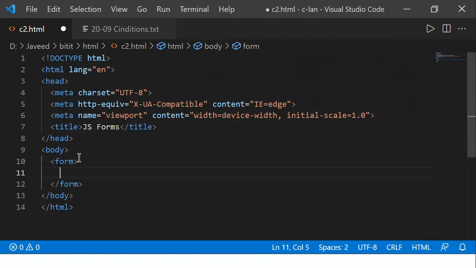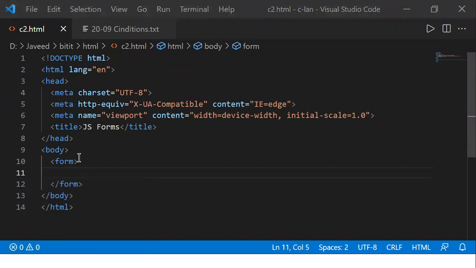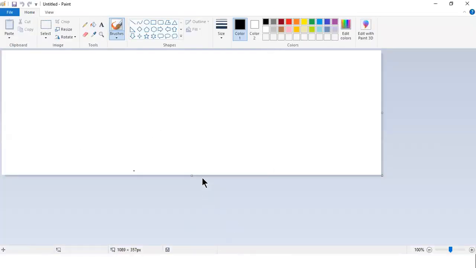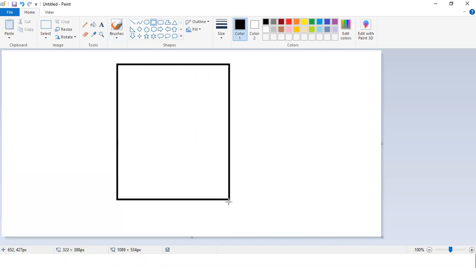The form I want to design is one where I read two numbers from the user. For example, how does my form look? If this is my screen, let us say the screen design. In this one I want to read one number, and another number.